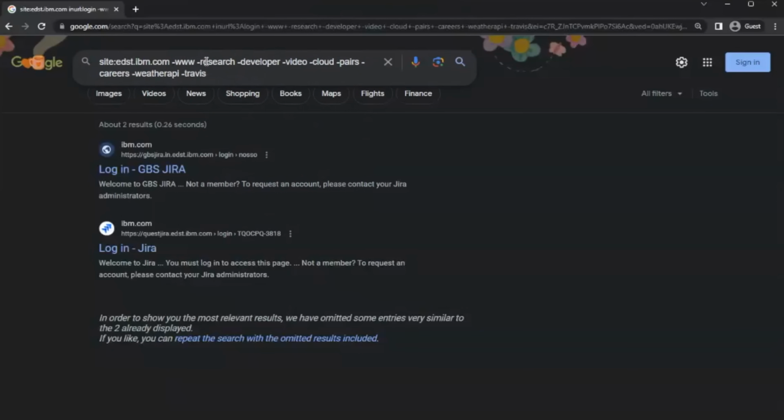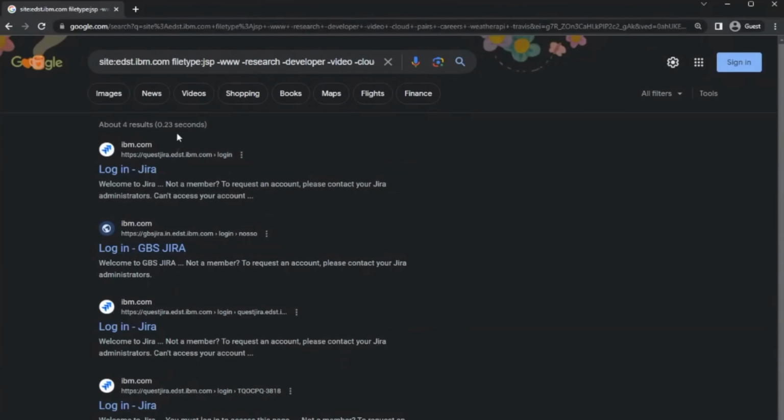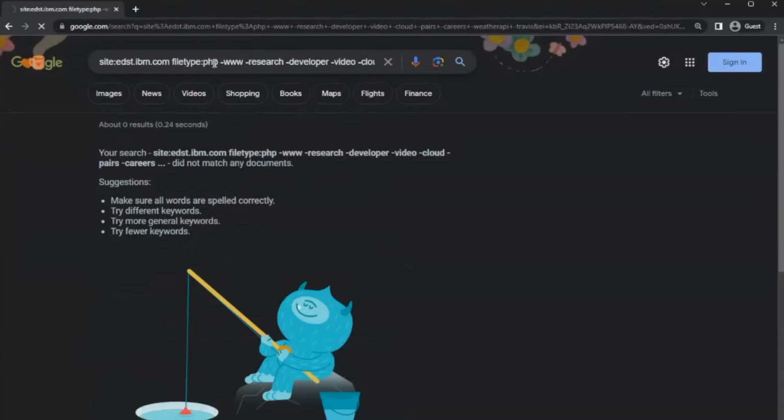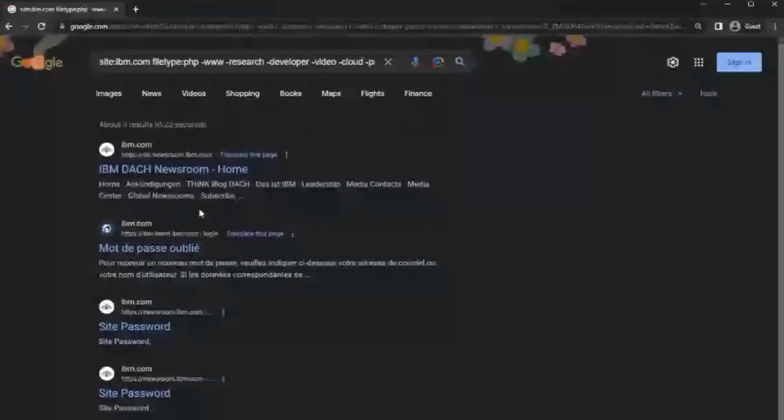And what if we want to look for a particular extension or a file type? We can actually do that by typing in file type is maybe JSP. If anything comes up, there are some results for it. Or maybe we can do something like PHP, and maybe nothing comes up. Let's remove this result just to see if anything comes up for it. Maybe this time it comes. So we have to be careful of how narrow our search is, but we can see that file type PHP came up on IBM.com. There's a login page, there's this newsroom, but it's just different ways you can create these